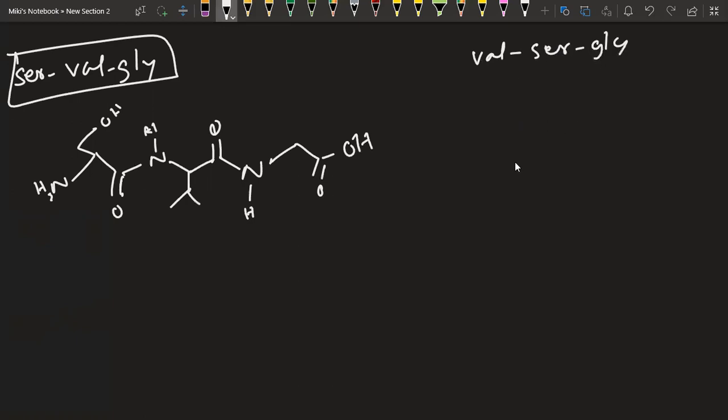Okay, so let's say initially we have valine. So the valine portion is, let's say, initially NH2 is given here. You could also have started with, let's say, OH, the other way. Instead of drawing it in this manner, with the carboxylic acid on the right and amine on the left, you could have also drawn the carboxylic acid on the left side and amine on the right side. Completely fine. In that way, you will keep on following. Like if you would have drawn it in this way,